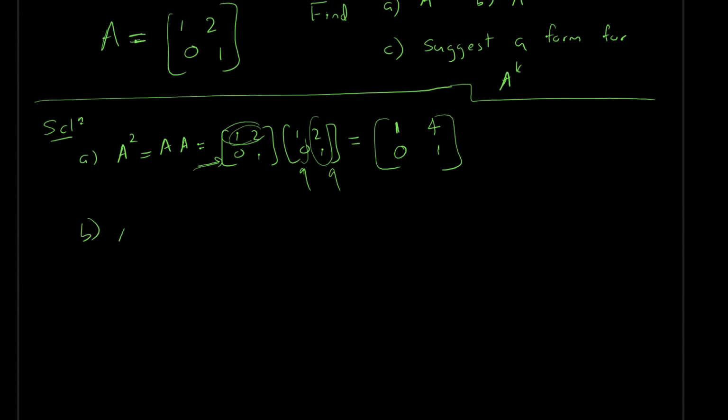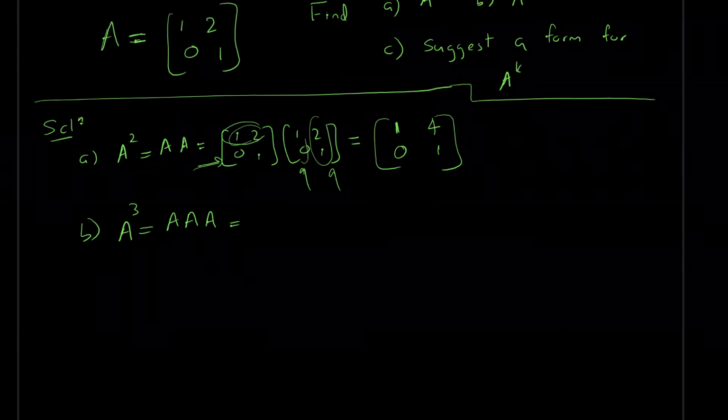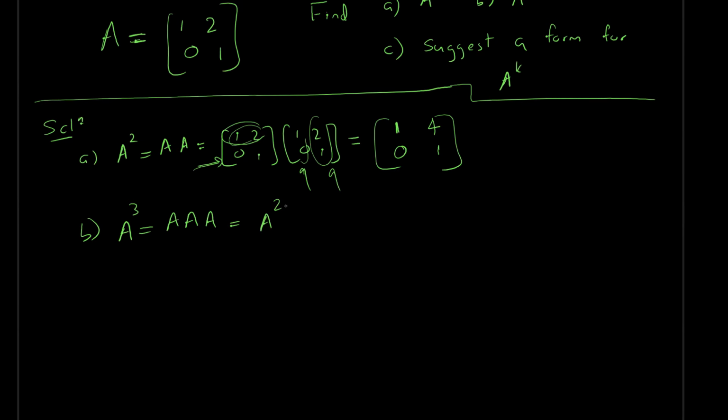Part B, A cubed, A into A into A. Now at this point you don't have to, this is actually A squared times A, right? You already found A squared, this guy is A squared, so you can write it here. So that's the easiest way to go. And A is 1 2 0 1. Now